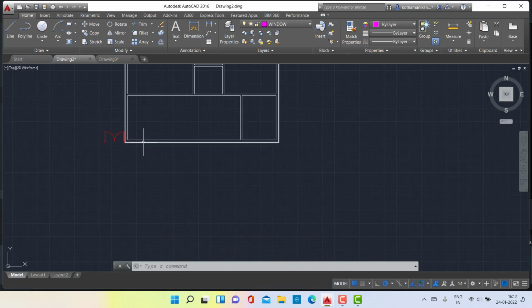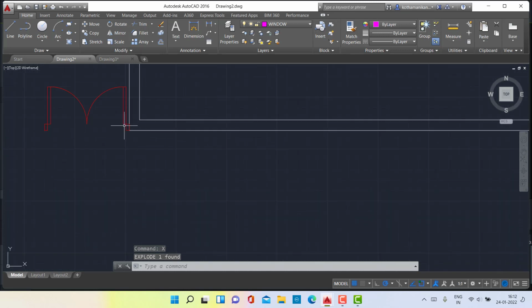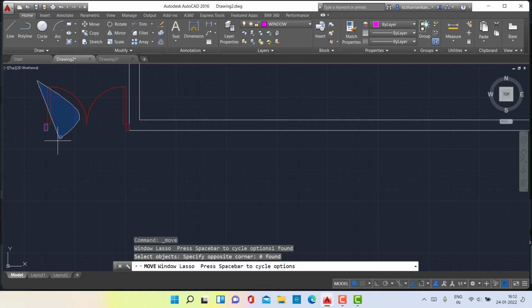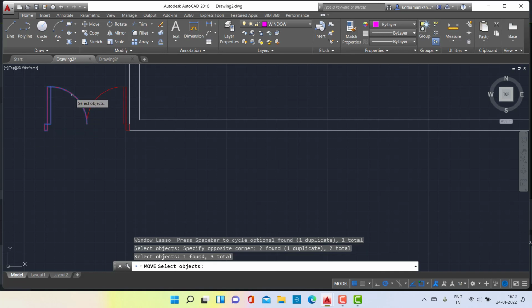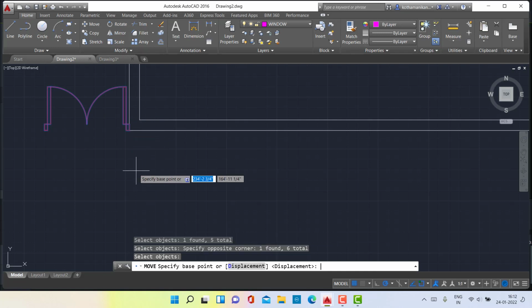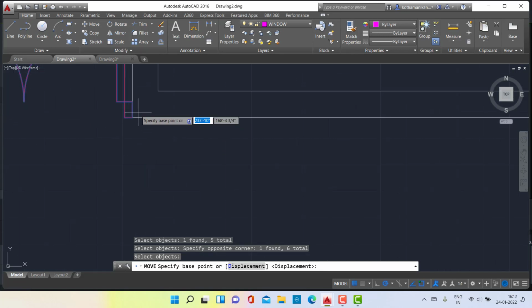Click on here and type X, then enter, and we get the explode. Click on the move option and select the object. First of all, we should select the object, and after that we can easily move it. Enter it, and here we can move